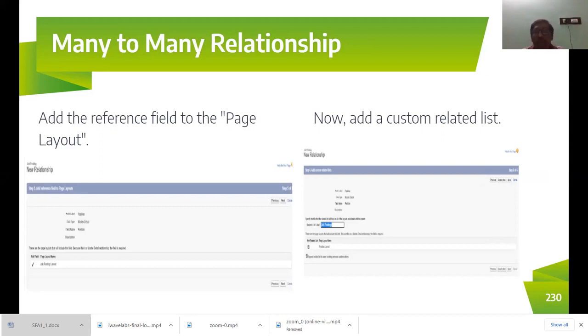One side of the relationship is getting created here. Now we have connected the job posting and position objects. So this is one way of the many-to-many relationship, one master detail relationship with respect to the many-to-many relationship. One side of the relationship has been created, that is called master detail relationship. Now we have to go to the other side, right?